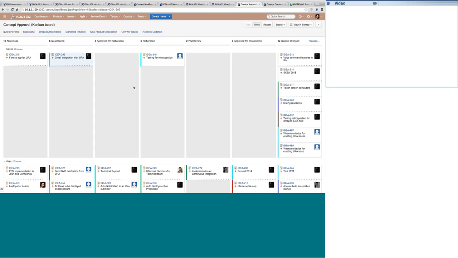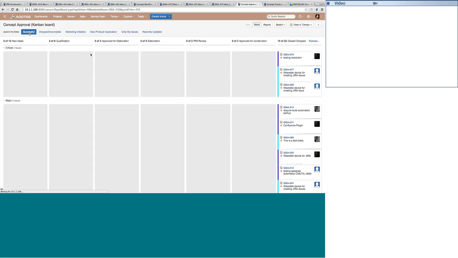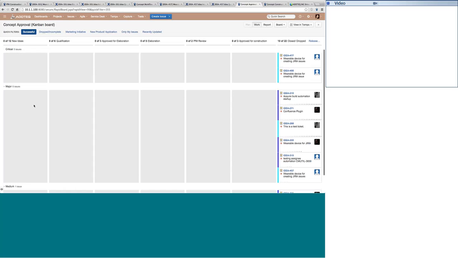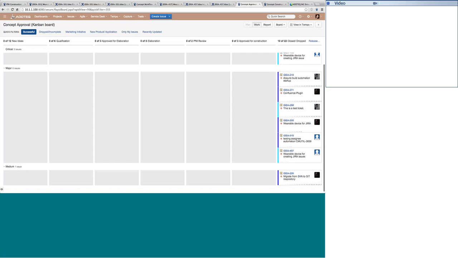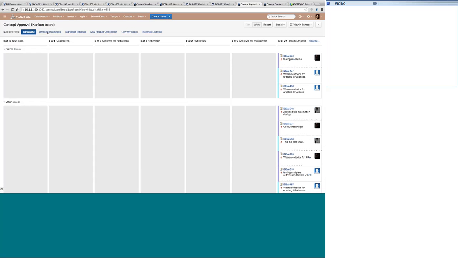Apart from these color codings or the color cards, you can have quick filters to help you do this. Now we have come up with a few quick filters which tell me the successful ideas. So it simply tells me there were 3 successful ideas which were critical, or maybe these many six successful ideas which were major, or maybe medium ones there was one. If you want to do the retrospection for the dropped or incomplete ones, there was only one critical which got dropped out or incomplete, maybe 6 major which were incomplete, and so on.